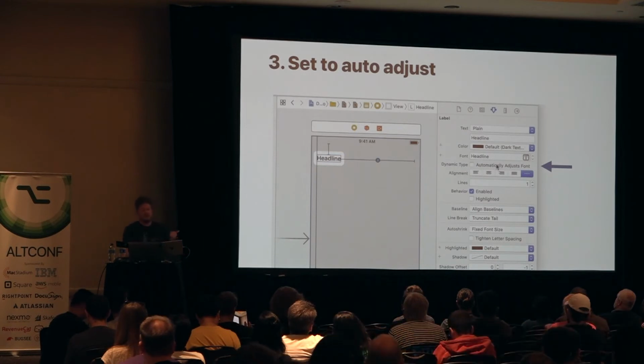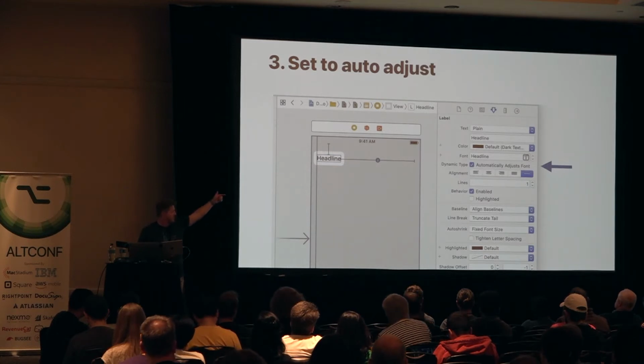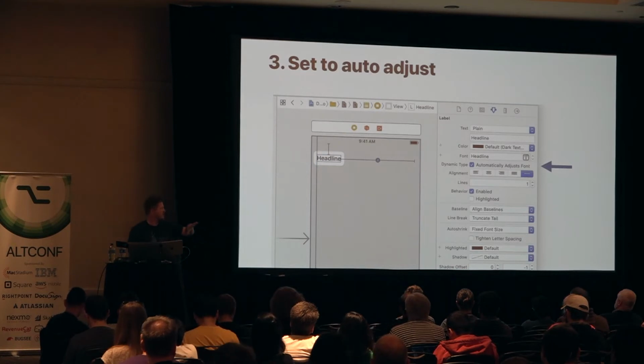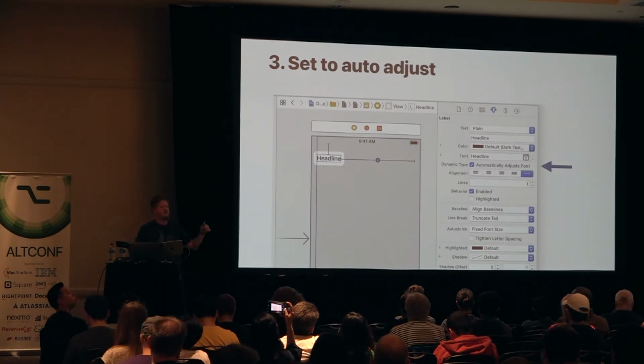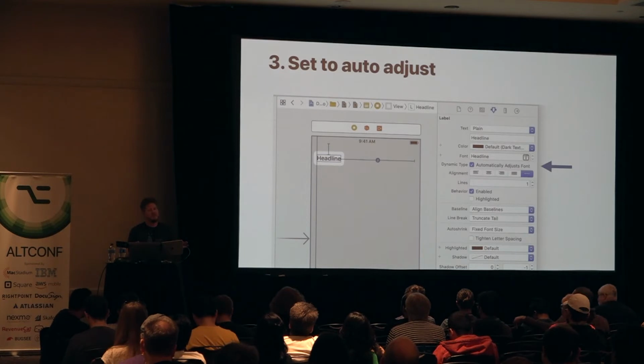Then you want to go up to the dynamic type checkbox where it says automatically adjust, and check that. So the 3 steps that we've got here are: you set it to say, here's the text style I want to use. You set whatever your text element needs to be to enlarge itself and size to fit with an intrinsic content size. And also you want it to be able to adjust if the user adjusts. Theoretically, the user shouldn't be adjusting this much during the lifetime of your app. But if they do decide to and come back to it,